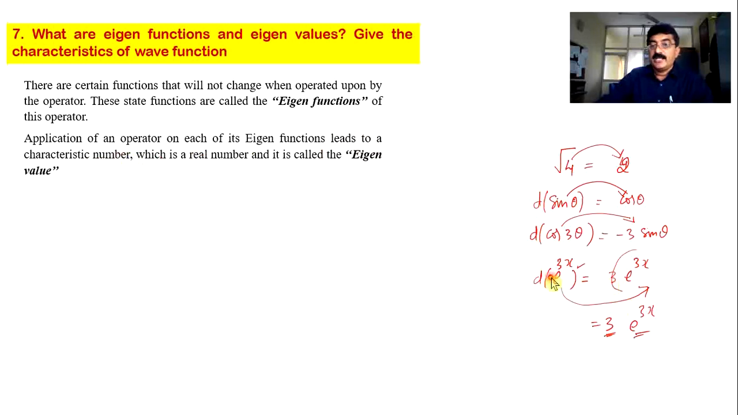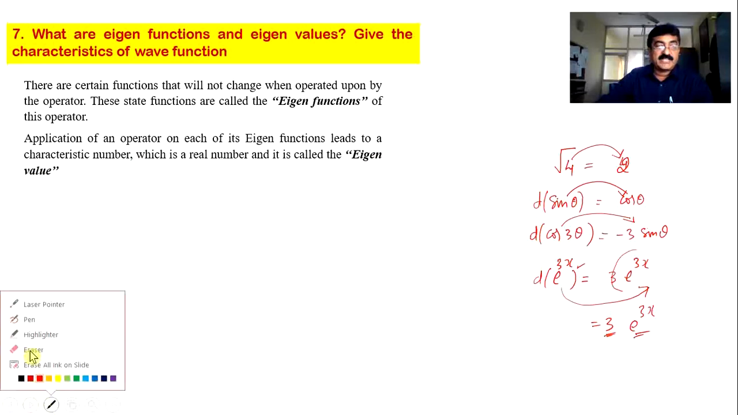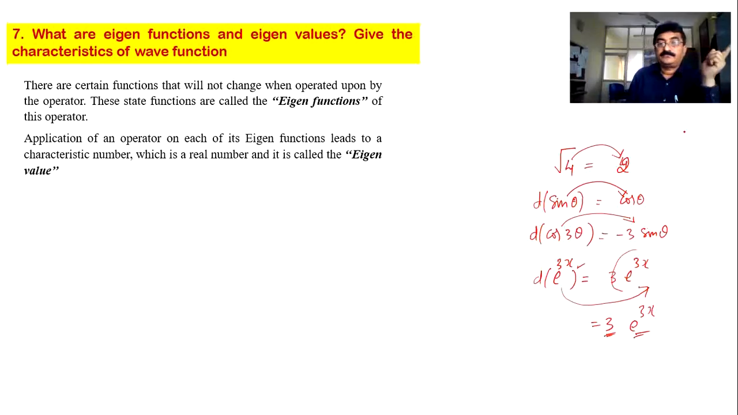Here, when I applied the operator on e to the power of 3x, I got the characteristic number 3, and that number is the eigenvalue. I give you one more example. Say I have sin 3x. I differentiate this twice, d square by dx square. Can you think? When you differentiate first, it will be 3 into cos 3x. When I differentiate it once again, I get 3 into